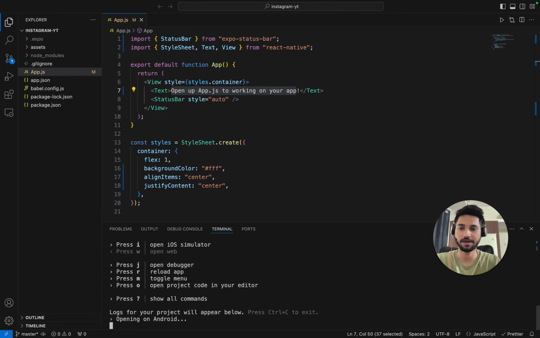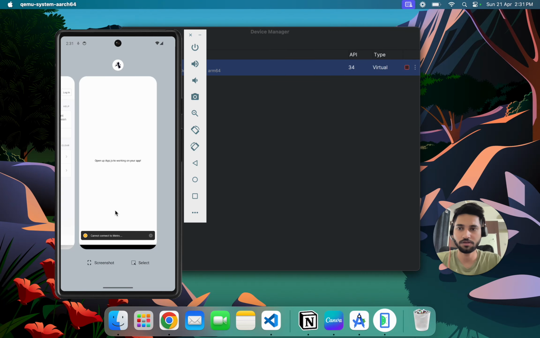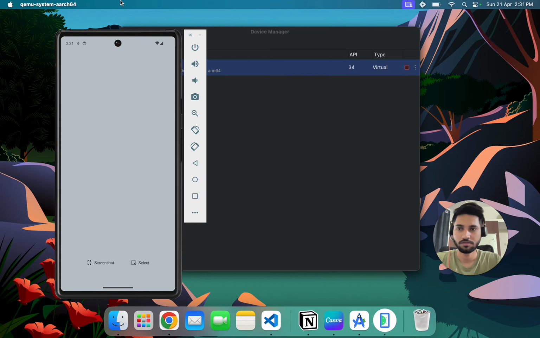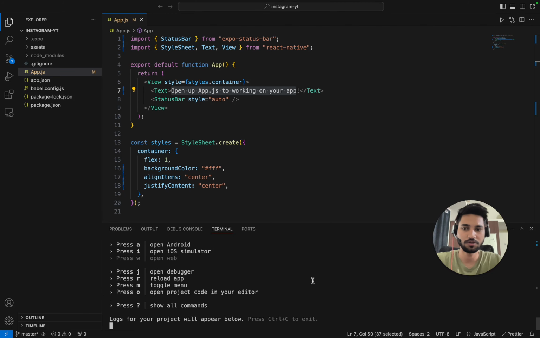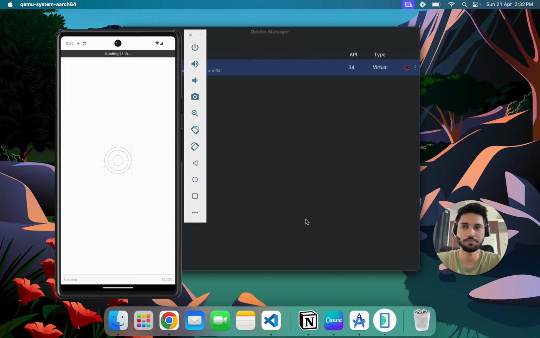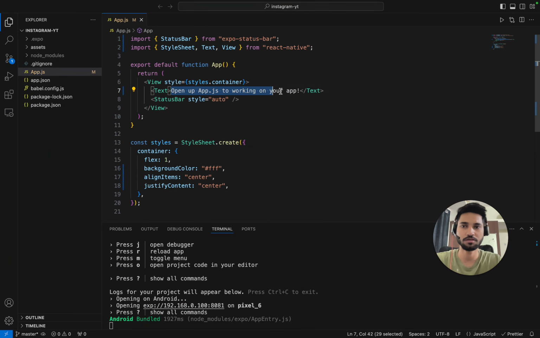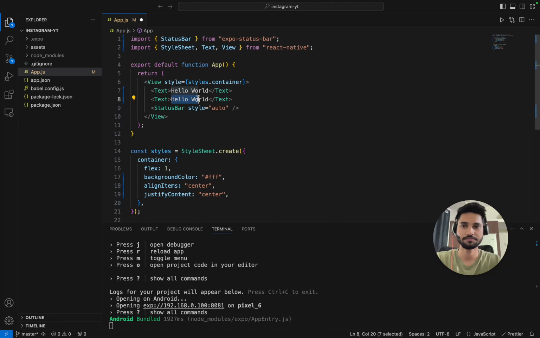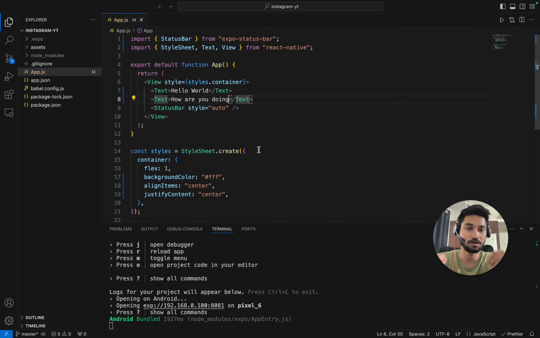Okay, and now we'll click on Android as we are using Android. Let me clear it once, and restart it, npm start, and I'll use A for Android. Okay, and now it starts the bundling. Boom, it works. We can change the message to maybe hello world, and check this out, and we can maybe add some more text to it. Works fine. So we'll be using this template, or this starter pack, to make our